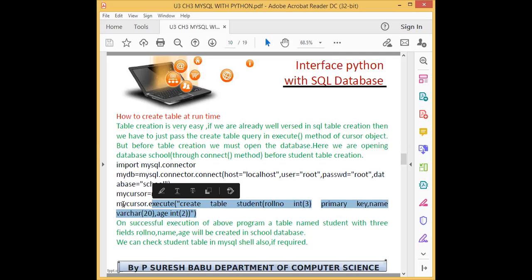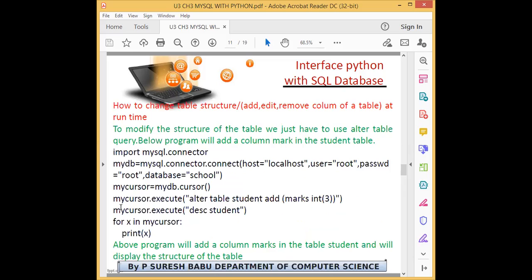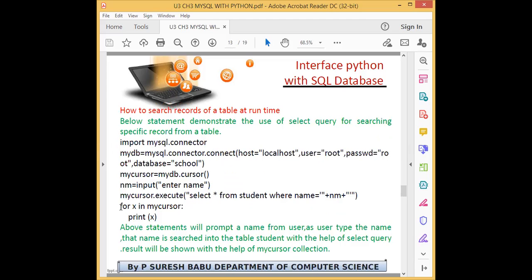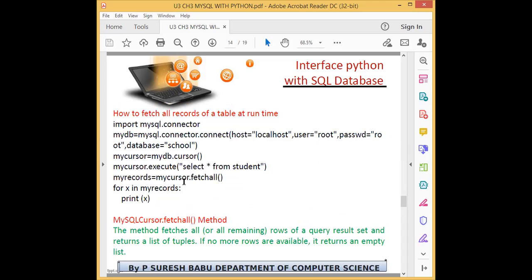For that we have three functions, that is fetchone, fetchall, fetchmany. So fetchone means it will retrieve only one record. Fetchall means it retrieves all records from the result set. Okay, see, all rows of a query result set and returns a list of tuples.